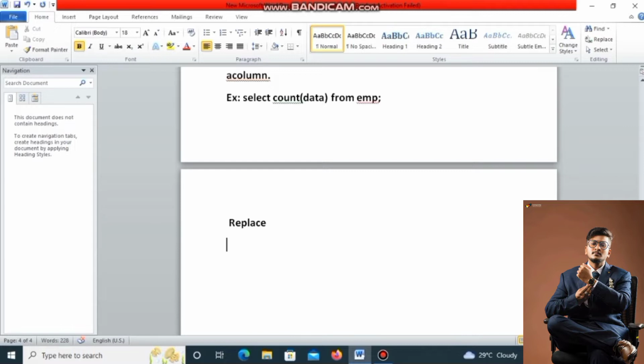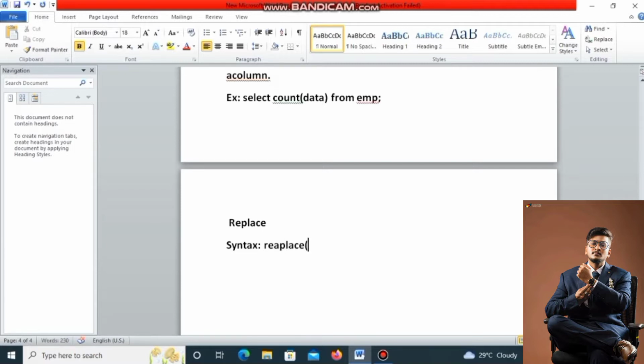Replace. What is the function of this replace and why do we have to use it? For example, we have data, and if you want to replace any particular character in the data, we use the replace, okay? I am giving the syntax here. Syntax is replace